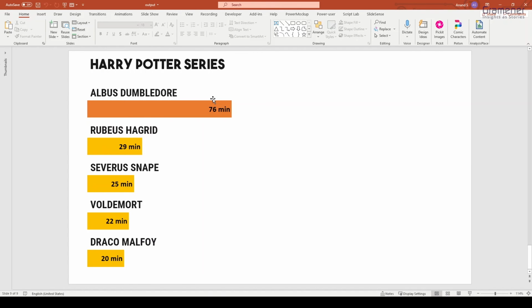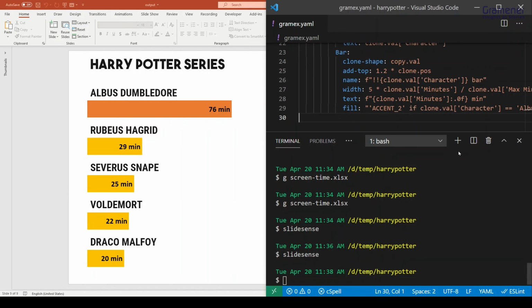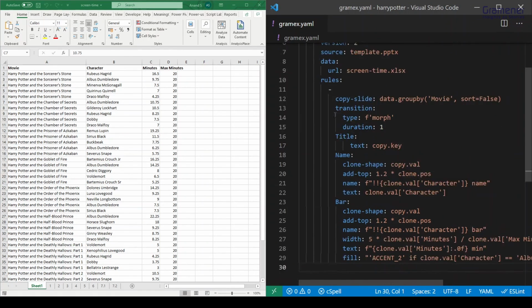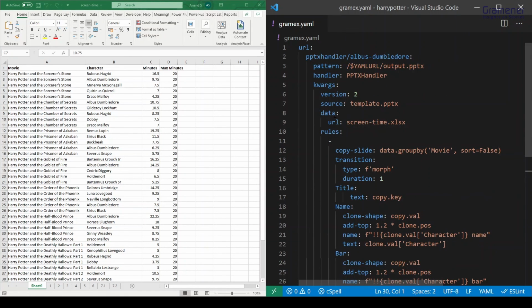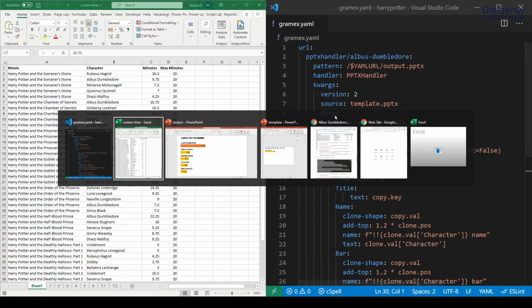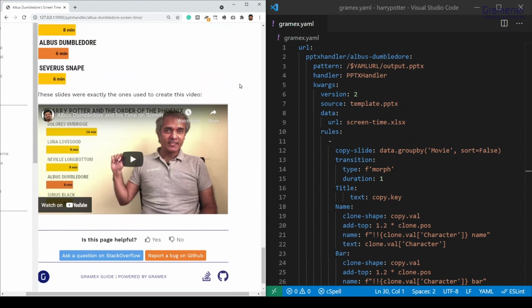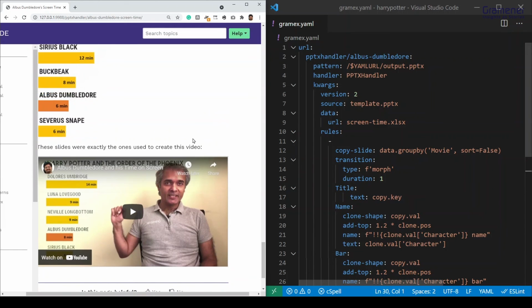So that is the kind of output that we created. You'll notice that the design happened entirely in PowerPoint, and the data could be from any source, but in this case we just used Excel. These rules bound the shapes we had to the data set that we had. Once we had this, we took this presentation, made the background transparent, and created this video. But the slides used to create this video were exactly the slides that you see here.